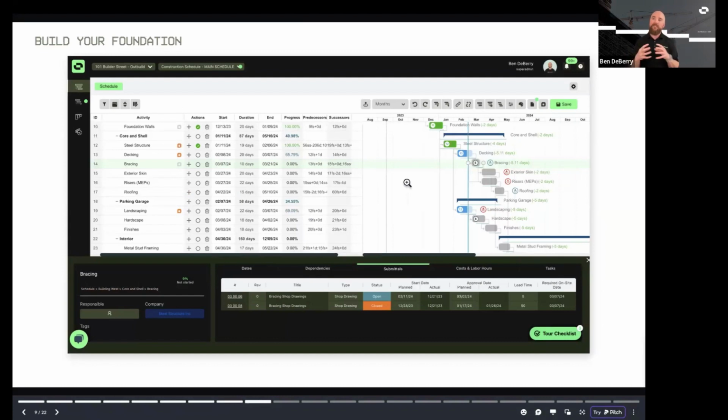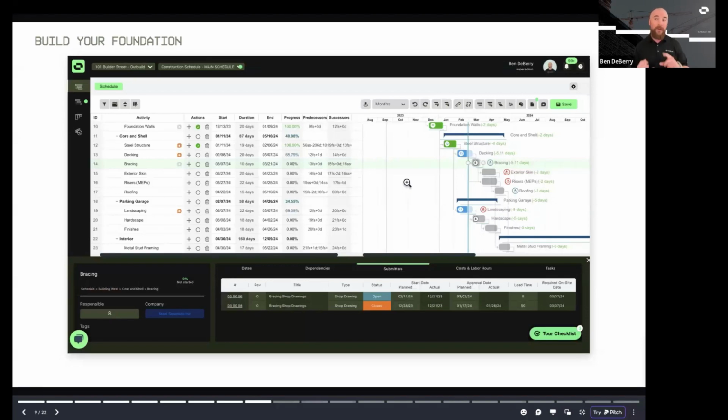Now, once you have that foundational piece, once you have that communication between your project schedule and your Procore project, we then want to be sure that we're building a strong foundation. And we touched on that last trailer talk when we talked about building a schedule from scratch. We want to be sure we have a very, as accurate as possible, but a very strong schedule that we can start connecting all of these items to.